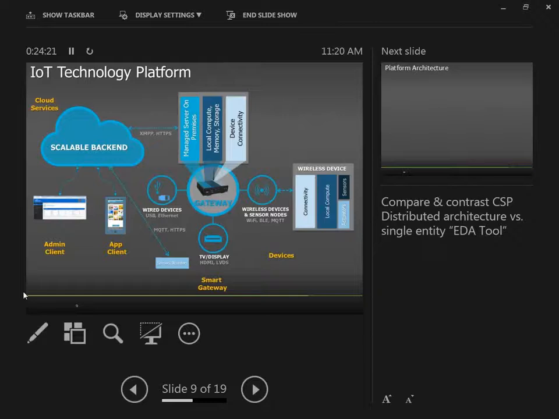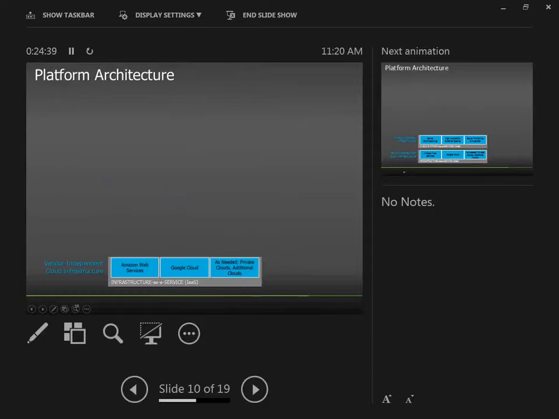The gateway becomes an on-premise real-time server, and therefore the use cases are much richer. Yeah, I guess that's it for that topology. We can switch to the platform architecture.